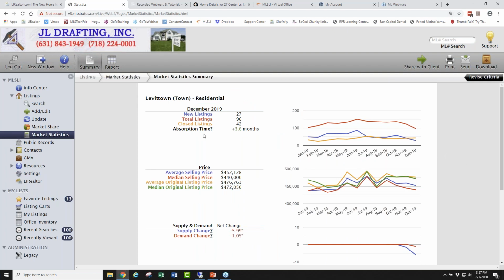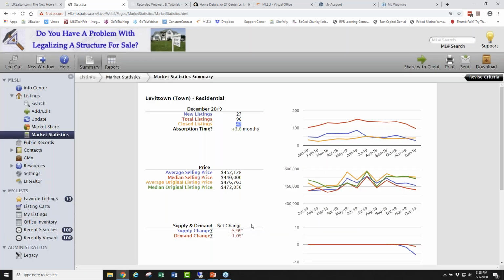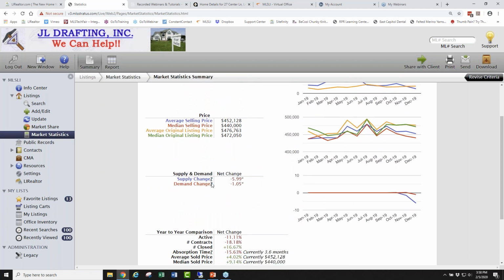So absorption time means if there are currently 96 properties on the market in Levittown and only 42 sold in December, then it's going to take 3.5 months to sell the rest. Okay, that's what's called absorption time. And if you forget what I went over, you just click on that little question mark there and you get the full explanation. Sometimes I feel like I need a degree in statistics to read some of this, but supply